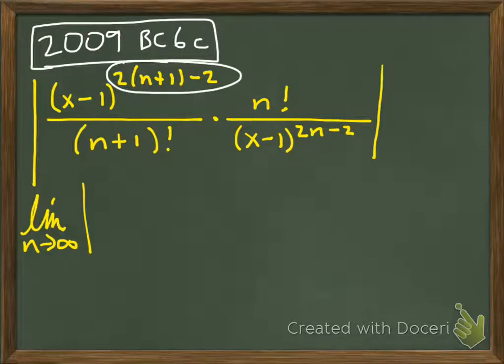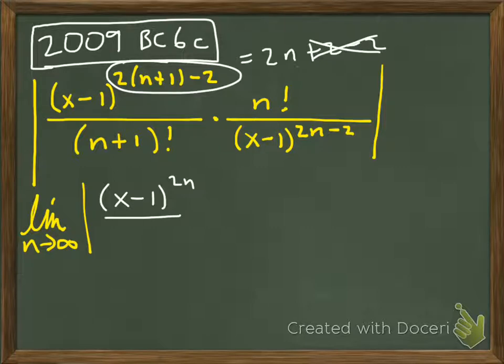So 2n, that would be 2n plus 2 minus 2. So those 2's are going to cancel out. We're just going to get 2n. So we have x minus 1 to the 2n over n plus 1 factorial. And then we have multiplied that by n factorial over x minus 1